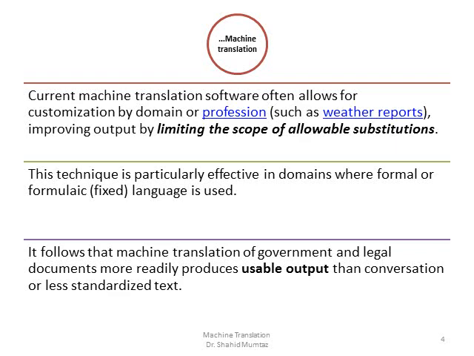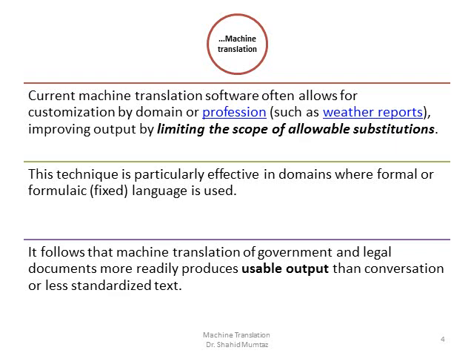You can give the command that you are translating text relevant to a certain domain or profession, like weather reports, and this option definitely improves the output, the translated text, because in this process the allowable substitutions of lexes of vocabulary is limited to that specific domain or profession.